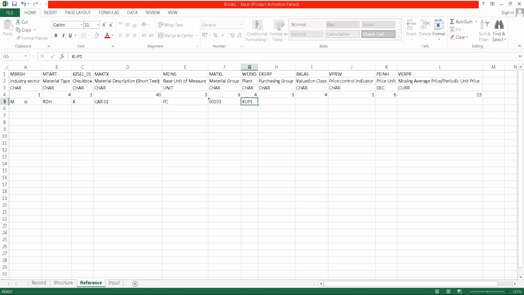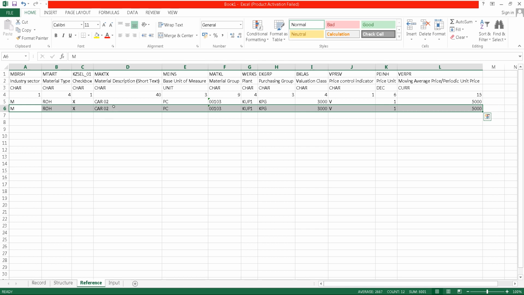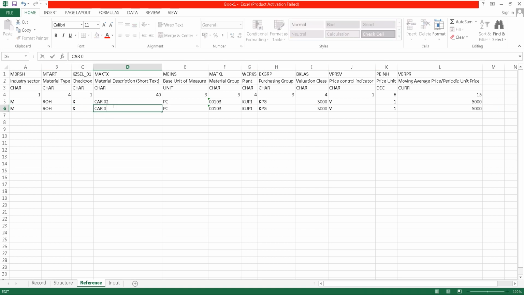Plant KU P1. Purchasing group KPG. Valuation class 3000. Price control V. Unit price 1. Then put the price as 5000. So the same data I will enter for the other one. One more description, car 3. So here two data are available.